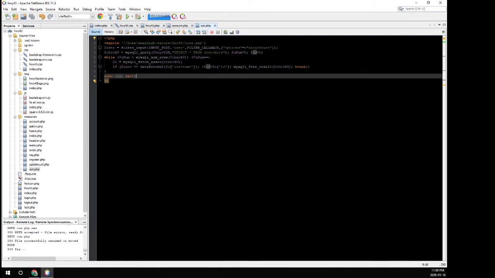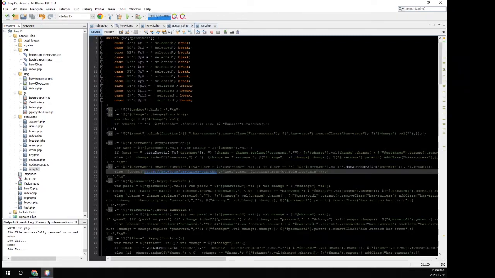So in this case we posted the user variable, which will contain the username that the person typed into the field, and what it will pump back out is the ID. So basically, if there is no account with that username, it will give us an ID of 0. Otherwise, it will give us an ID number. So all we need to do then is to check if we received an ID greater than 0. So we will